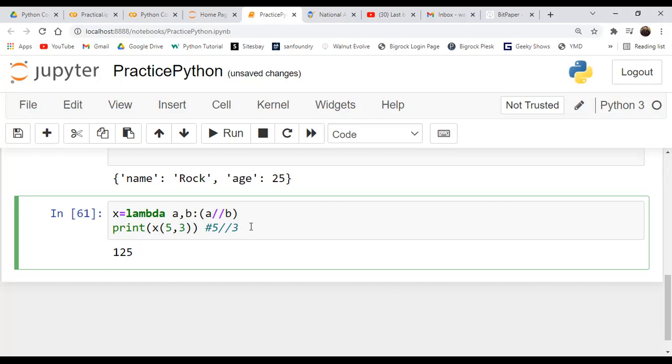What is the remainder here? Only two. 2 is the remainder. Yes, correct. 2 is the remainder, but